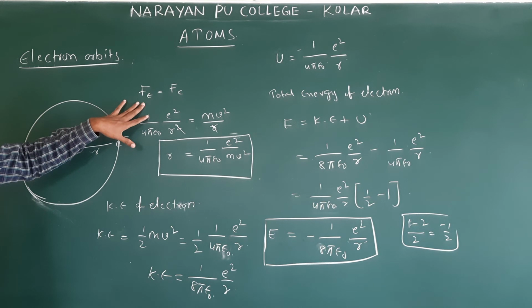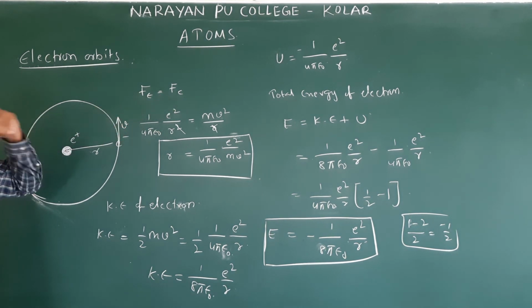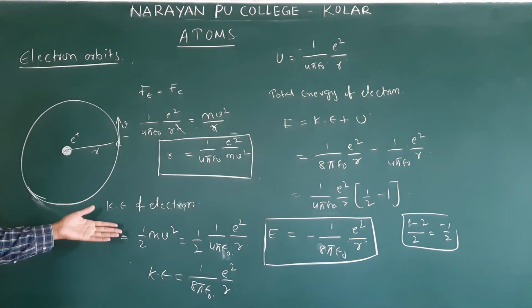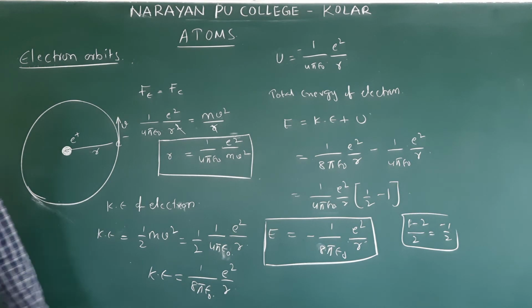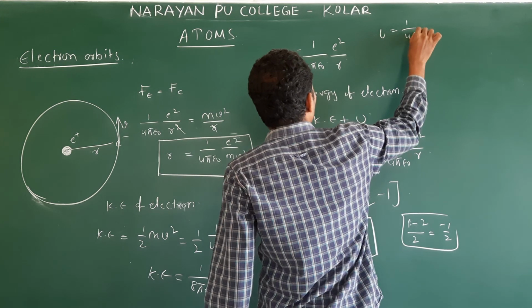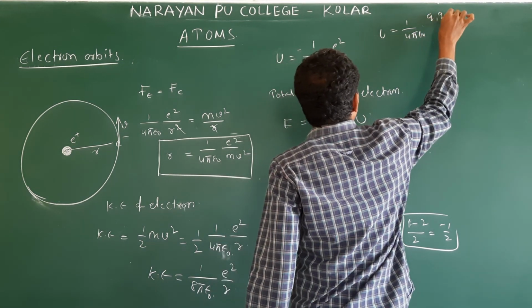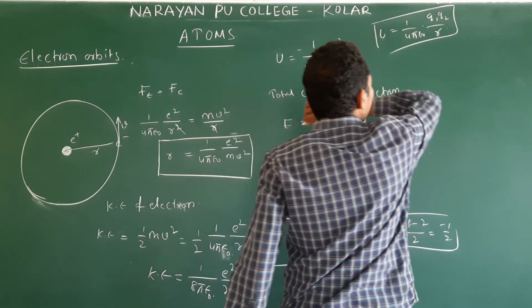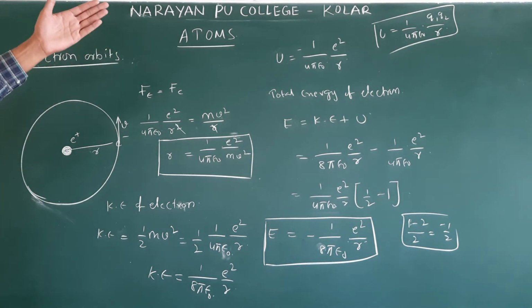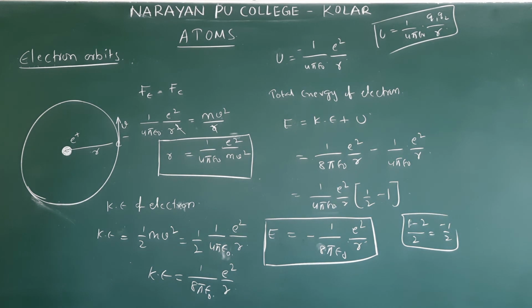To find R, we follow the centripetal force, which is provided by the electrostatic force. To find the total energy, we calculated kinetic energy first by following the basic formula. And to find the potential energy, we follow the electrostatic potential energy formula, 1 by 4 pi epsilon naught Q1 Q2 by R. This is already explained in electrostatics, in potential and capacitance. Clear? So this is about electron energy using the Rutherford model. We will see the next problem.